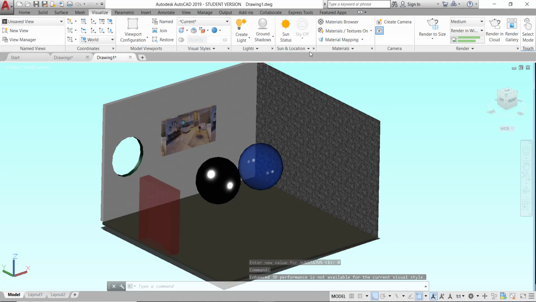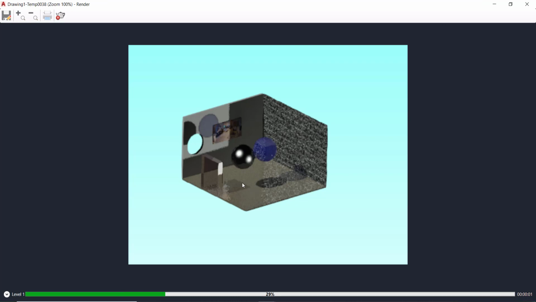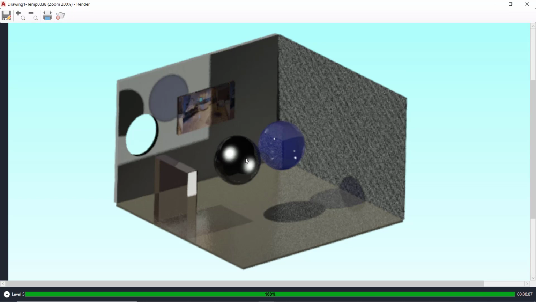Just before we apply the sun status, I'm just going to render it so that I can show you the difference. So I'm just going to click on the render. So as you can see, this render shows that these two spheres have the shadow, one in the bottom and